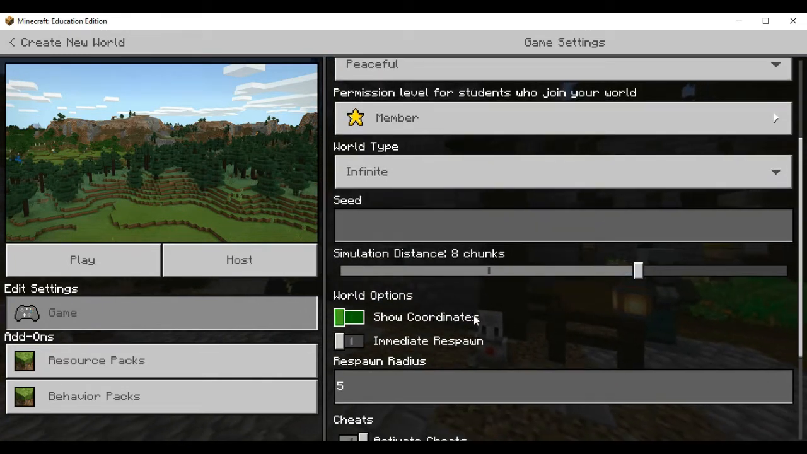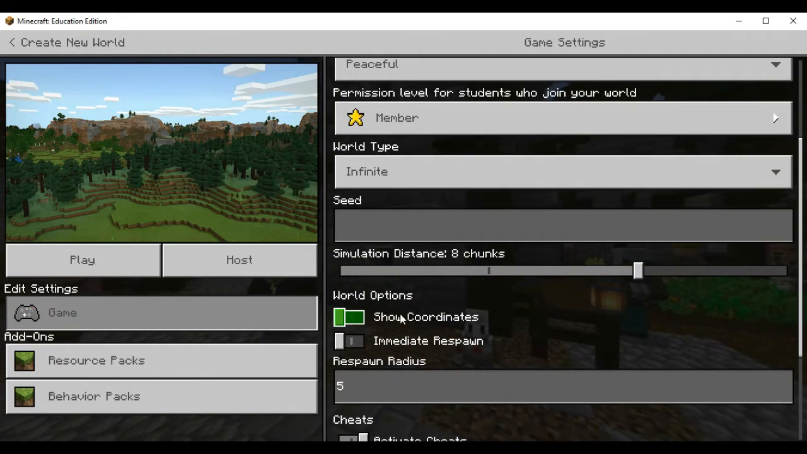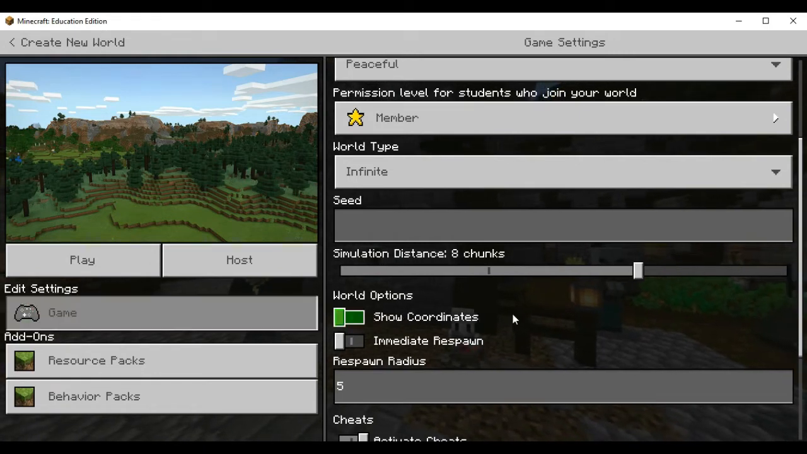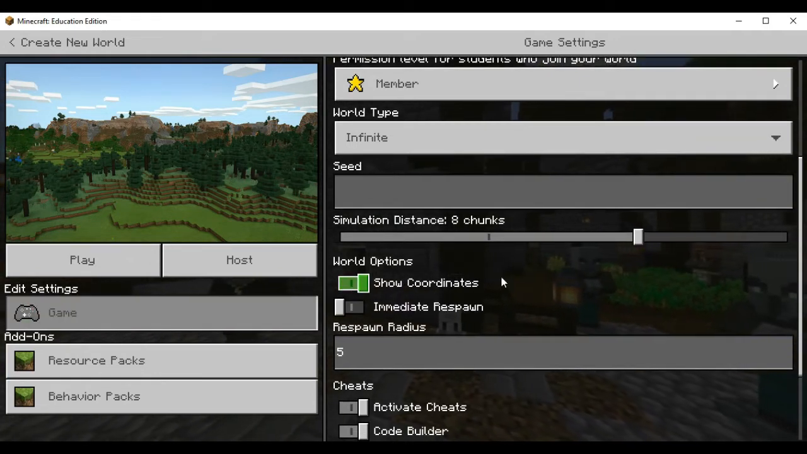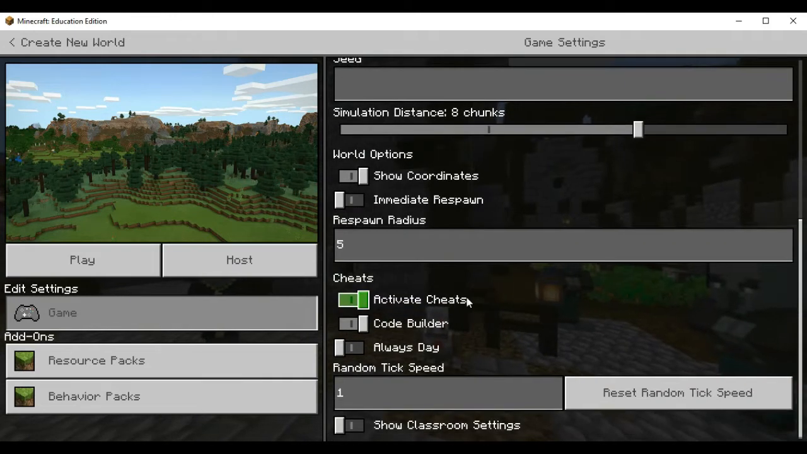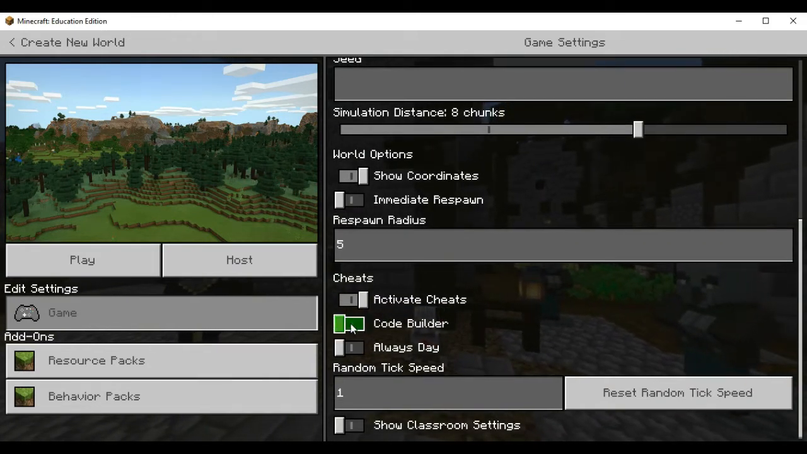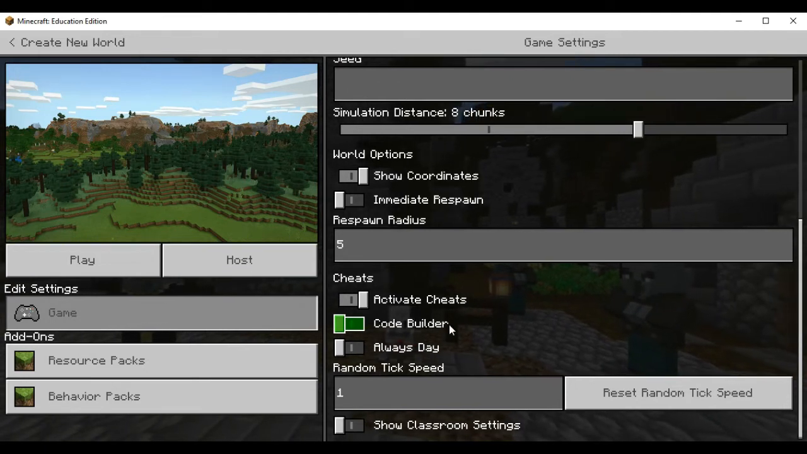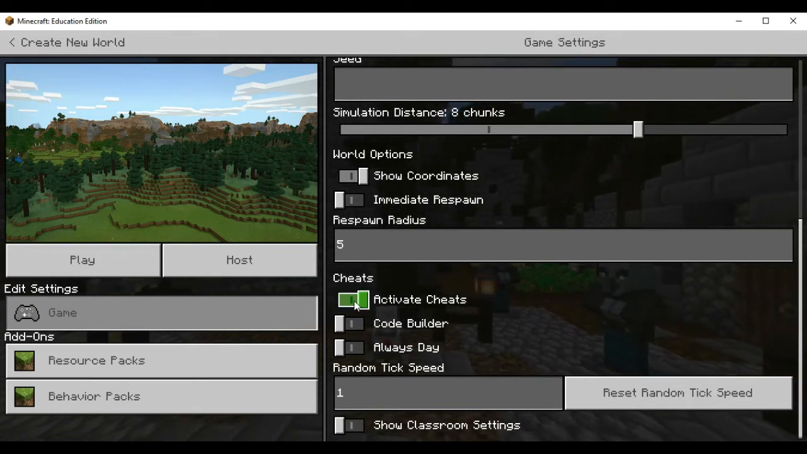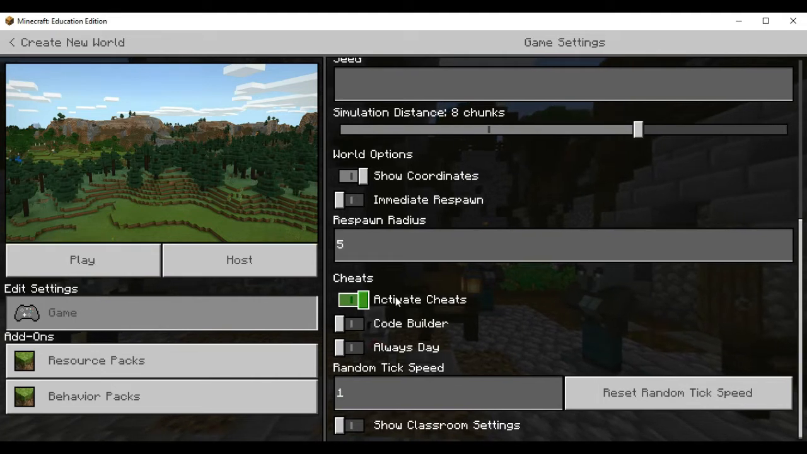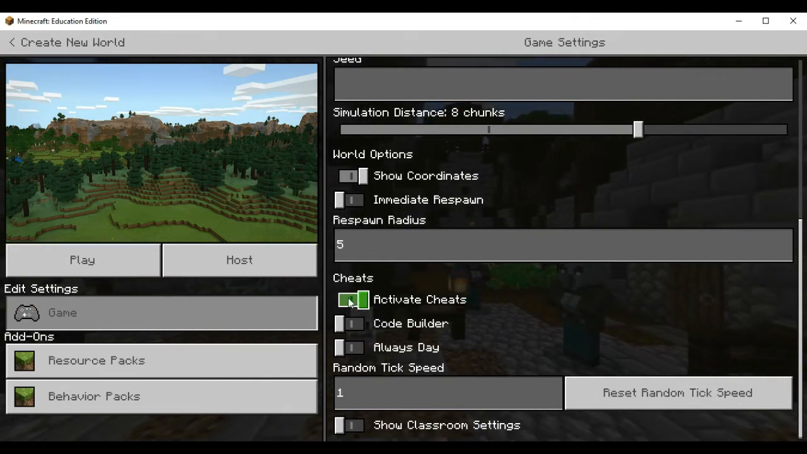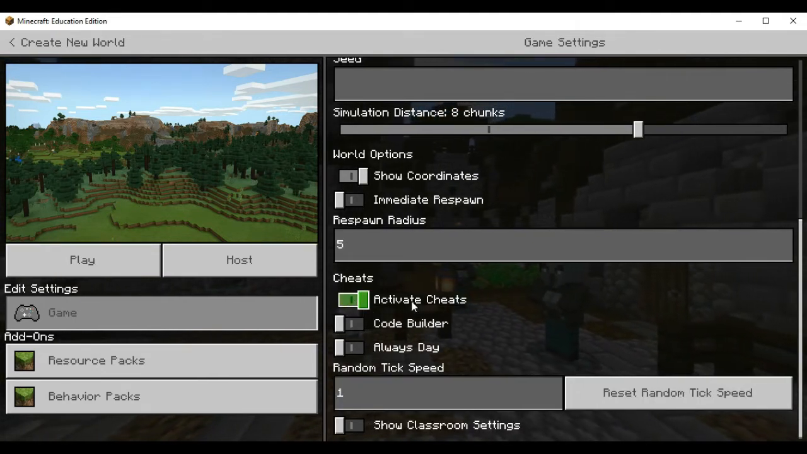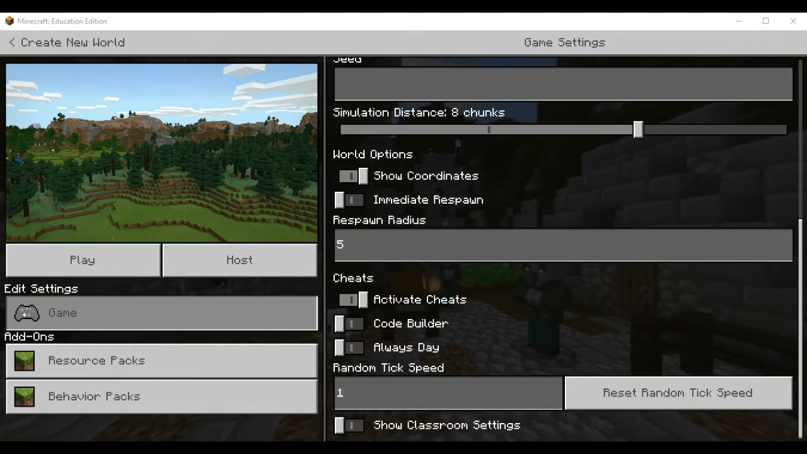But the key that you want to do, and for the purpose of this video, is down here. So I always like to show coordinates in case I get lost. You want to probably turn code builder off so that if you accidentally touch the letter C, your agent doesn't arrive in the middle of your build. But you want to make sure you have activate cheats on. It's on by default, but just in case, you want to have those on. And then it allows you to choose,